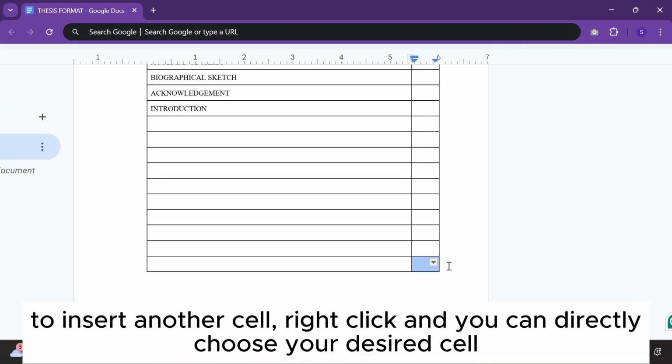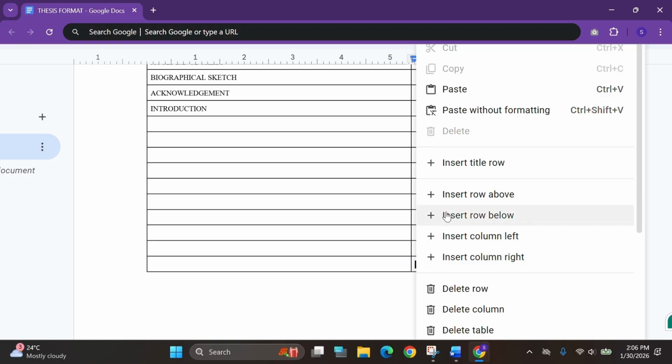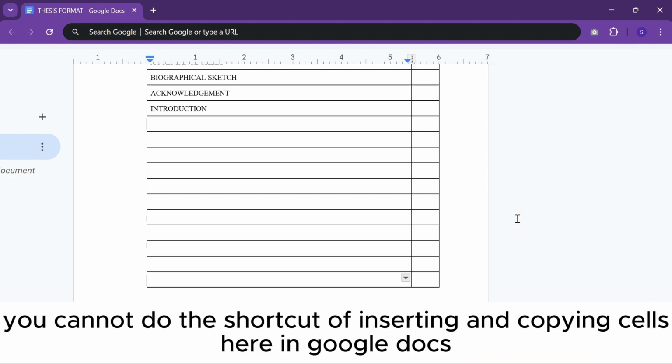To insert another cell, right-click and you can directly choose your desired cell. You cannot do the shortcut of inserting and copying cells here in Google Docs,